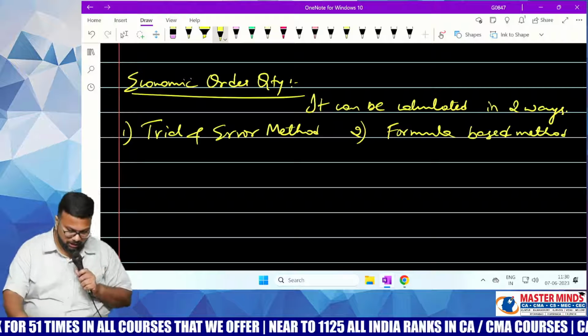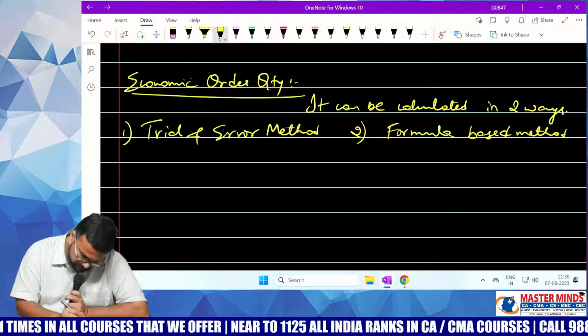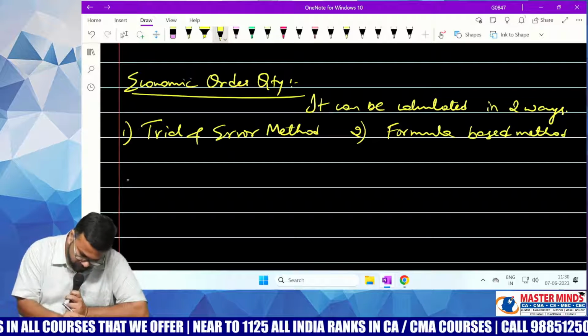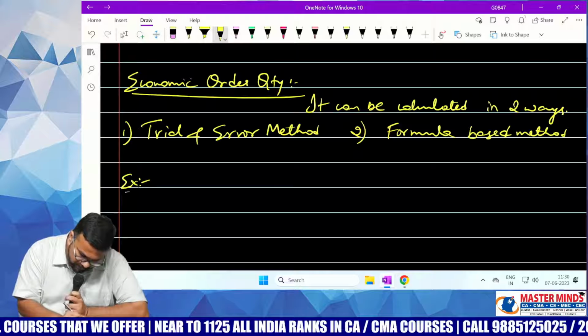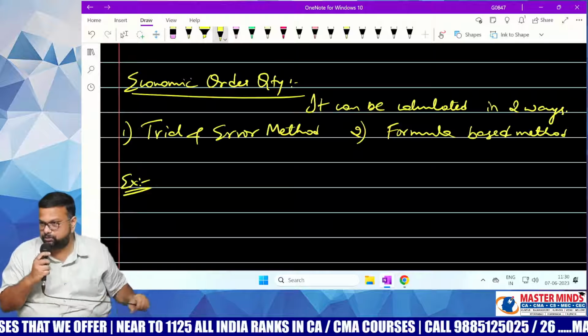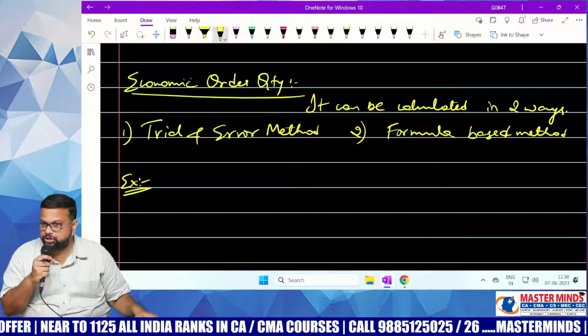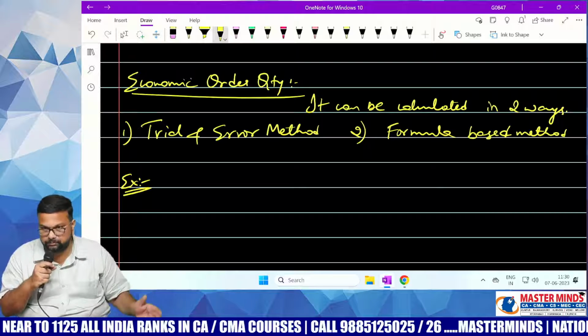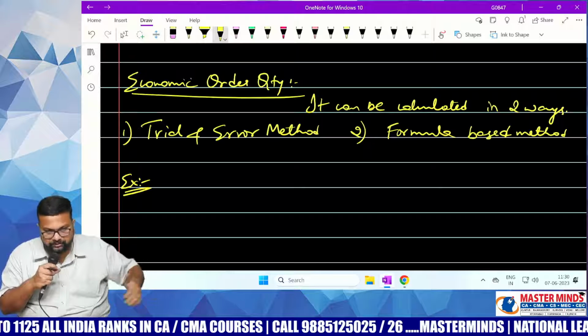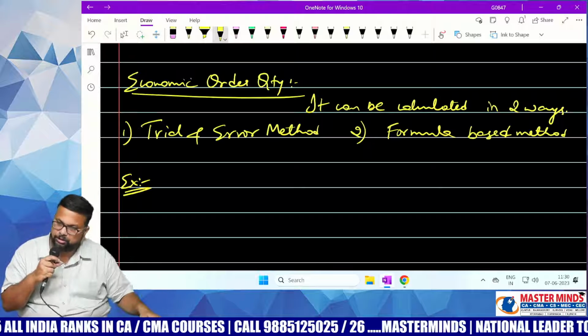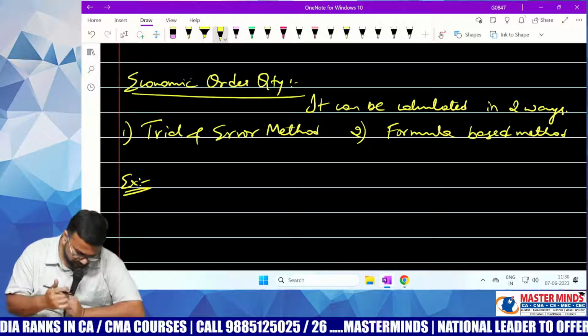Okay, let me explain the trial and error method first. I will take an example, and with that example, I will explain both the methods. So what sort of information will be given in the problem? Based on that information, you can use either the trial and error method or the formula based method. So first one,